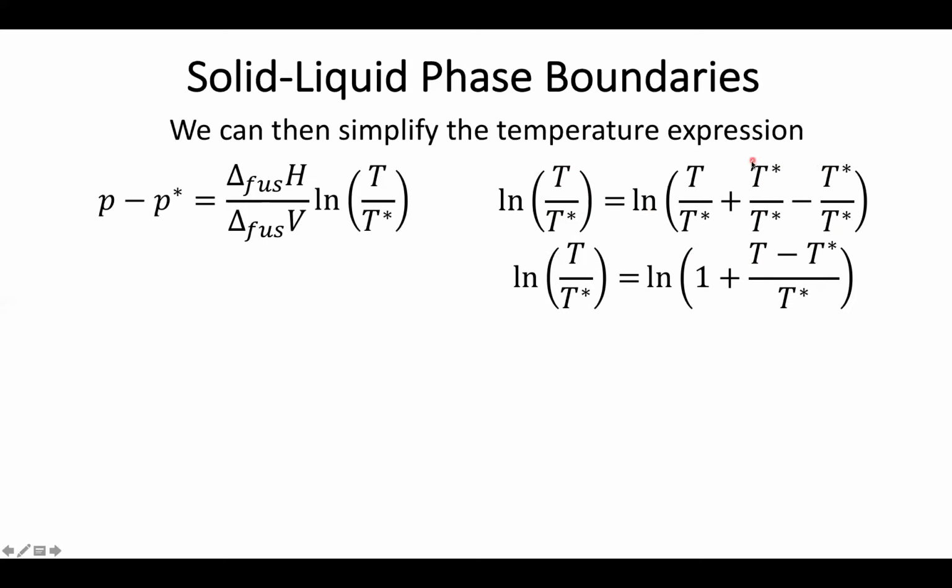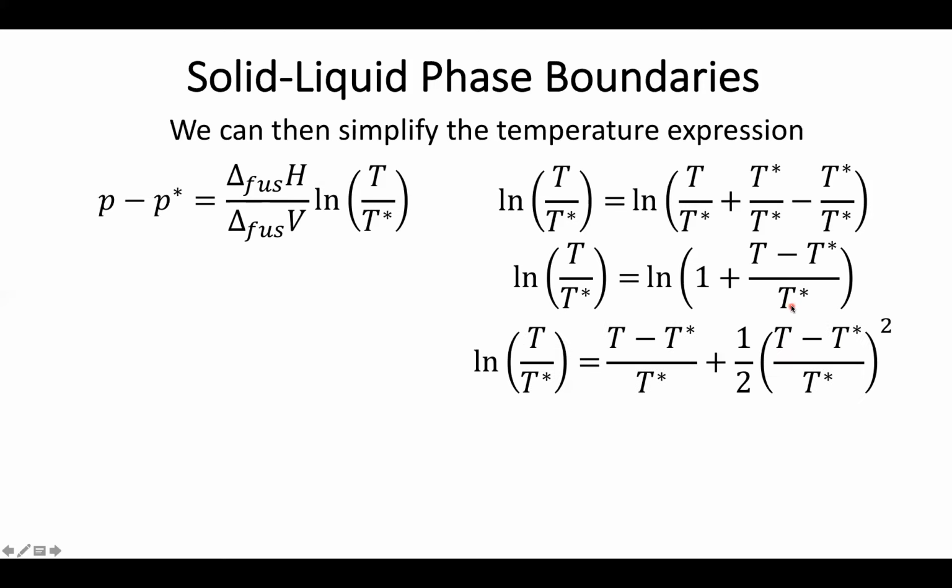pull this expression of 1 out front, and then I can combine these two terms as T minus T prime. So the temperature minus my reference temperature divided by the reference temperature. Well, this might seem like a little bit of a why did I do that? But it turns out that there's a fun mathematical identity that lets us express the natural log of 1